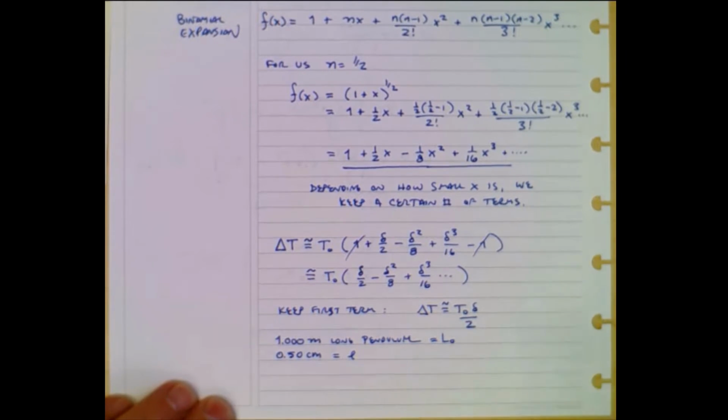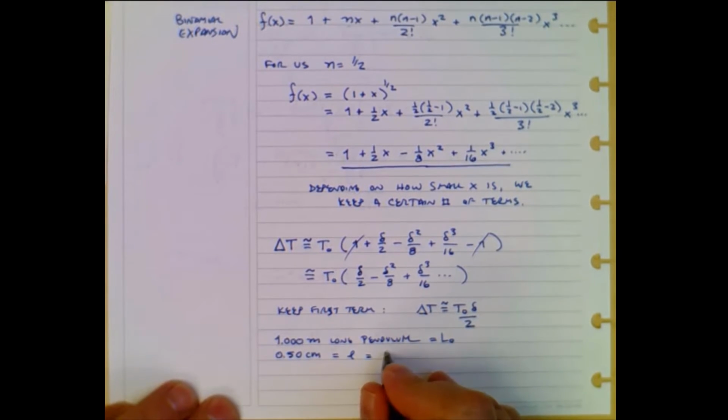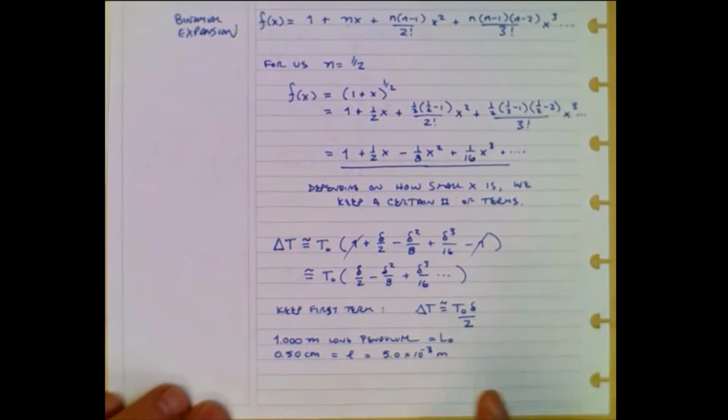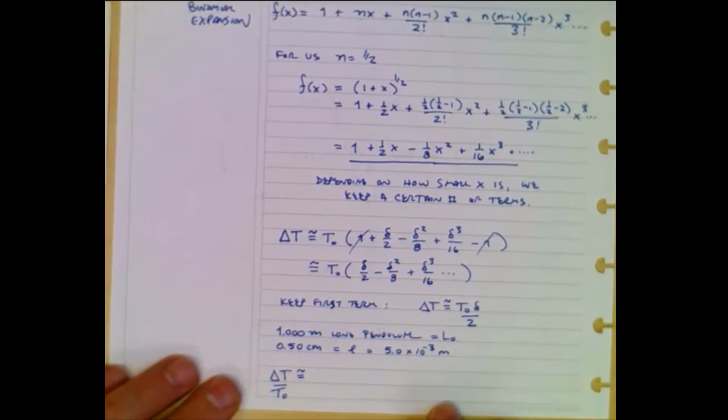So L naught equals 1.000 meter, and delta L equals 5.0 times 10 to the minus 3 meters. Okay? That means that the period change as a fraction of t naught is delta over 2,